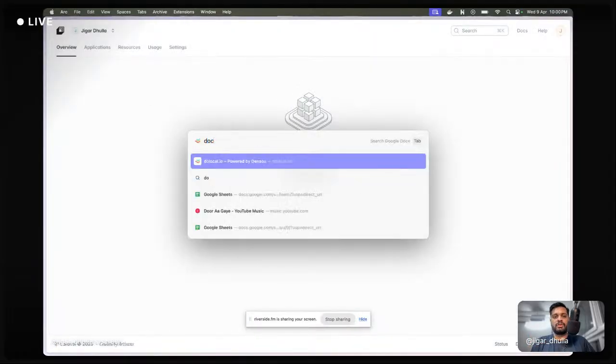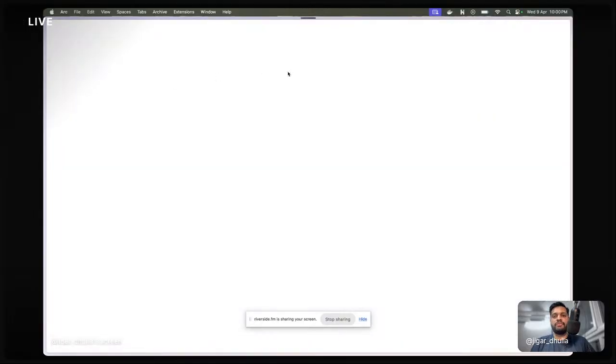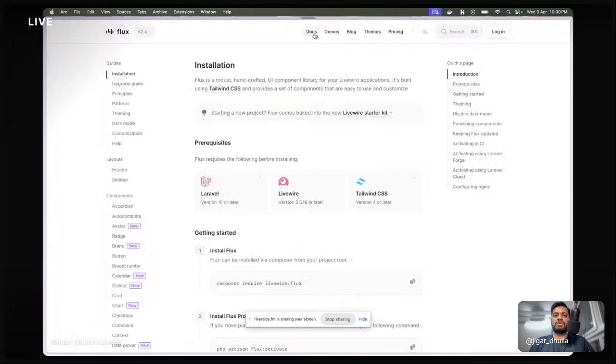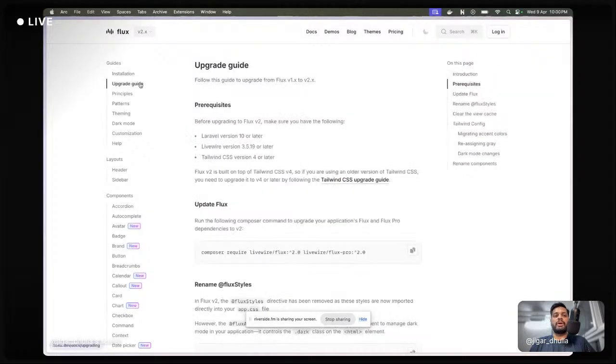So, Flux UI dev docs. One of the silliest mistakes that I had made was in the upgrade guide, I looked only till here. You need to upgrade it to V4 or later by following this Tailwind CSS upgrade guide. After that point, I clicked on it and started following the Tailwind CSS upgrade guide, and then my